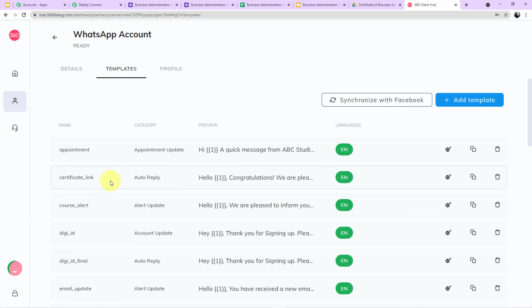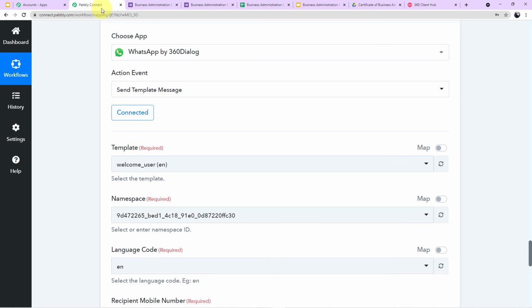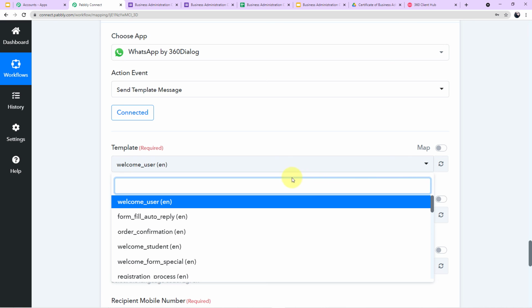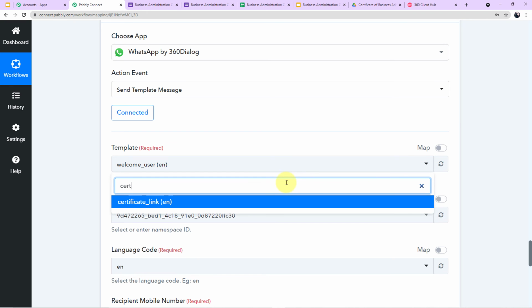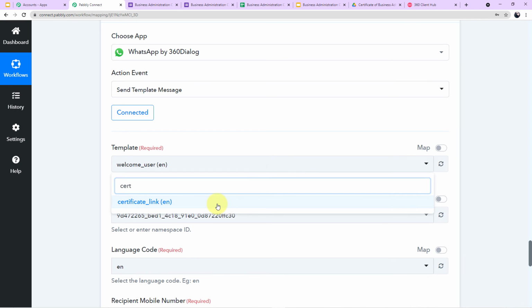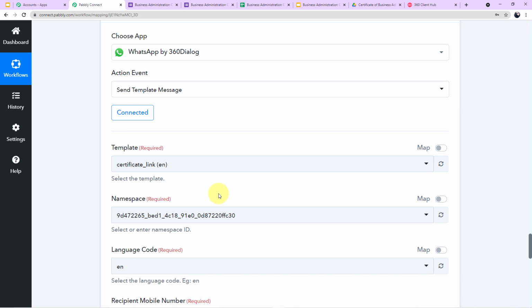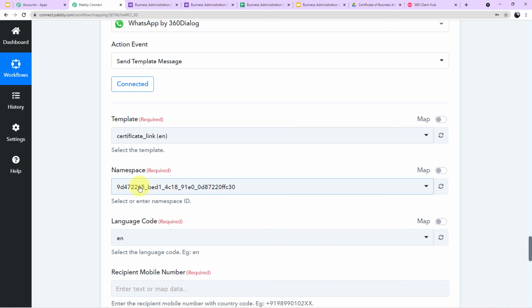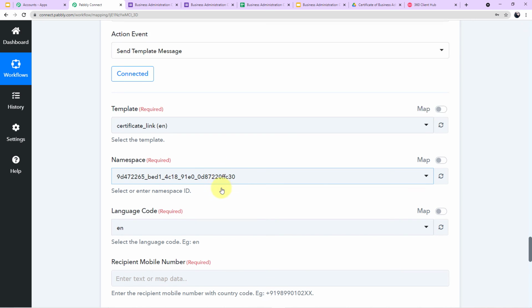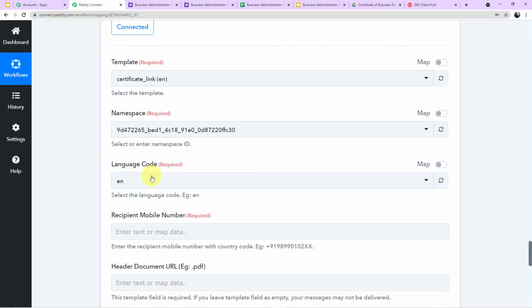Now I'll map this particular template which I have shown you, certificate link, in my Pabbly Connect account. So I'll go back to my Pabbly Connect account. Here I'll scroll down and search for the template certificate link. As you can see on my screen, I'll click this. Let it load. Now the namespace will automatically be filled up, and the language code field will also be filled up automatically.